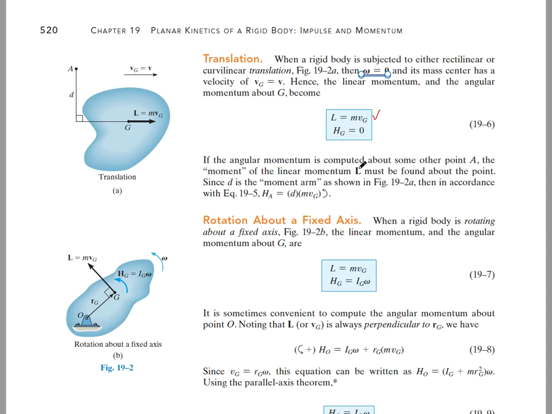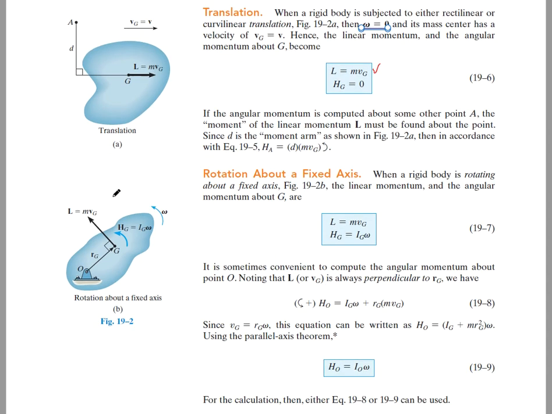But the book does not go through this or does not emphasize this aspect. If we have rotation of a rigid body about a point O other than the center of mass, then for a given instant, the velocity changes as a vector. So linear momentum is the mass of the body times the velocity of the center of mass of the body, and angular momentum is going to be